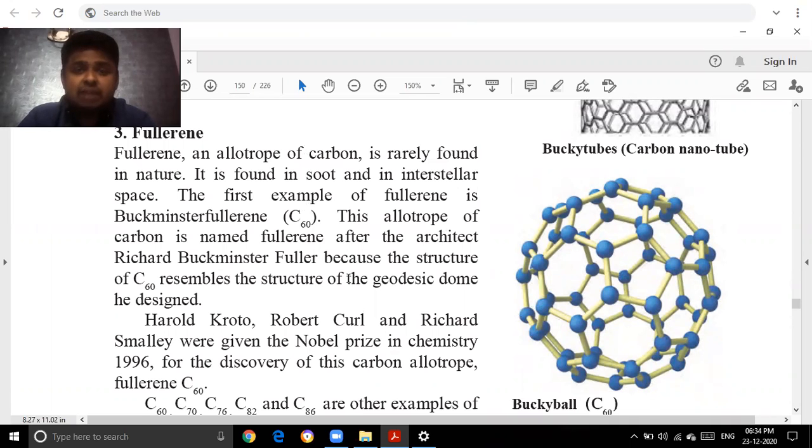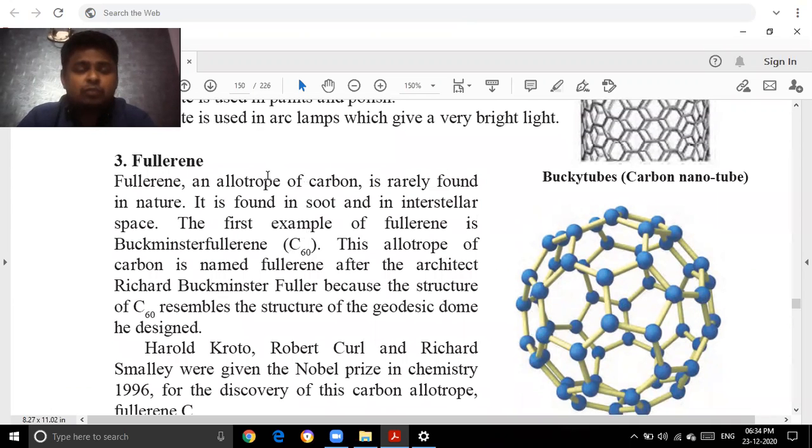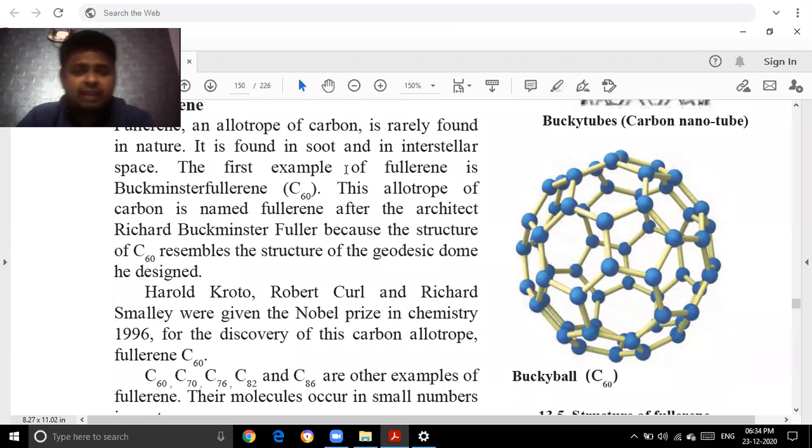There are 60 carbon atoms joined to each other. So fullerene is an allotrope of carbon. Diamond, graphite, fullerene. These are allotropes of carbon, forms of carbon, rarely found in nature. So it is found in soot and in interstellar space. The first example of fullerene is Buckminsterfullerene, and this allotrope is named after the architect Richard Buckminster Fuller. Okay, so